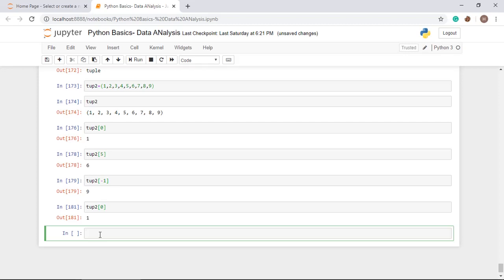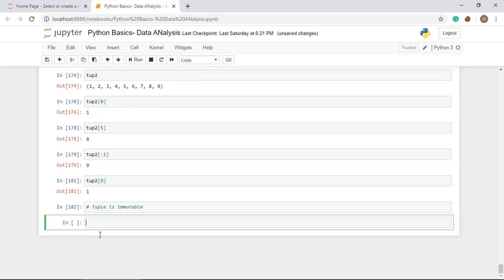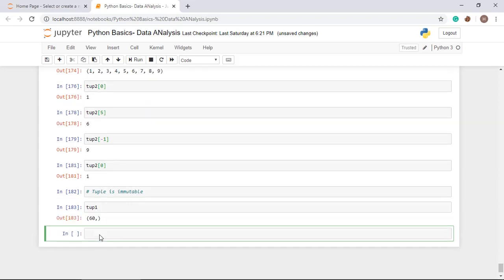Now how to update the value of a tuple? As I have said, a tuple is immutable, which means you cannot change the value of any element of a tuple. If you want to update a tuple, you have to define two tuples and go for the concatenation operation.